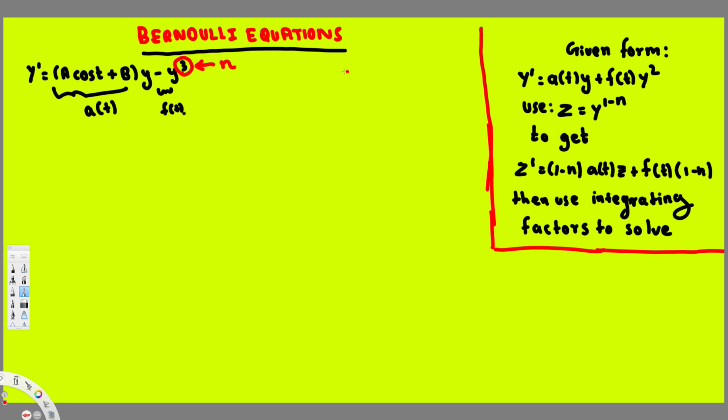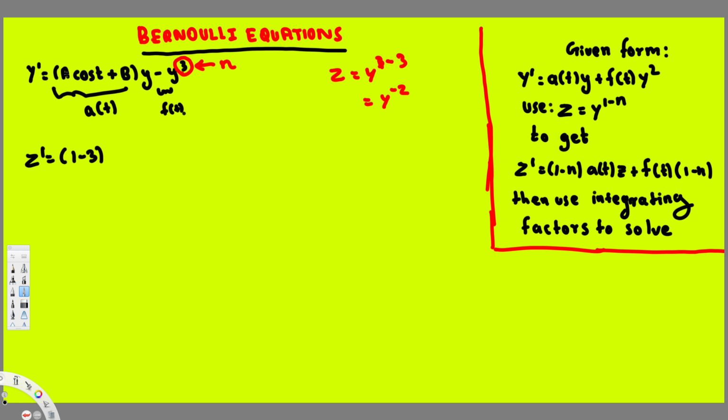Right, now we can go ahead and write z is equal to y power 1 minus 3. That's going to give us y power negative 2. Now after we found this one out, we can write everything in terms of z like this: z prime is equal to 1 minus n a of t z plus f of t 1 minus n. Now let's go ahead and write it. So here we are going to have z prime is equal to 1 minus n. We know that n value is 3, so this is going to be 1 minus 3, and a